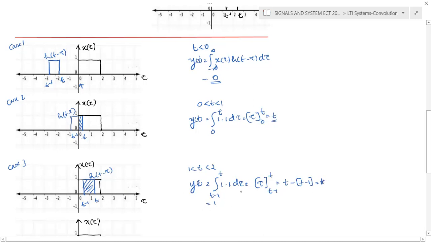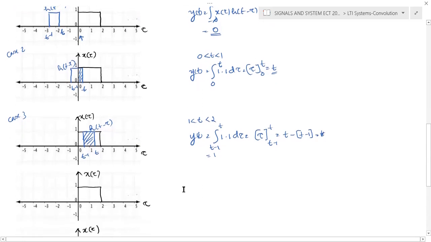Without integrating, you can calculate it, because for the duration 1 to 2, the area of the shaded portion is a constant 1. When t approaches from 1 to 2, t minus 1 approaches from 0 to 1. For this duration, you will get a constant area 1. Either you can use the direct result or the area of that shaded portion, or you can directly apply the limit t minus 1 to t, where the signal has non-zero magnitude.